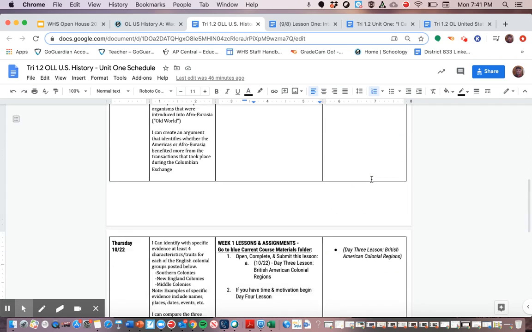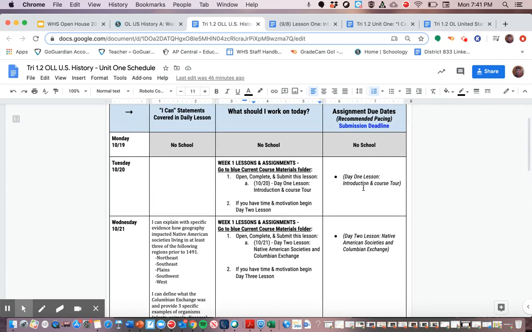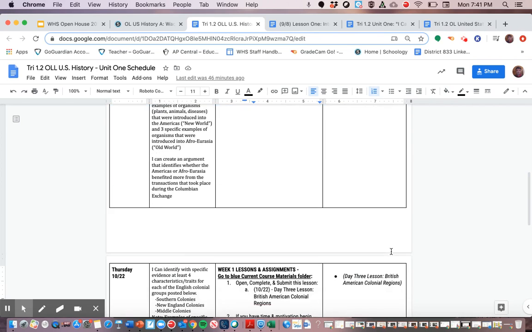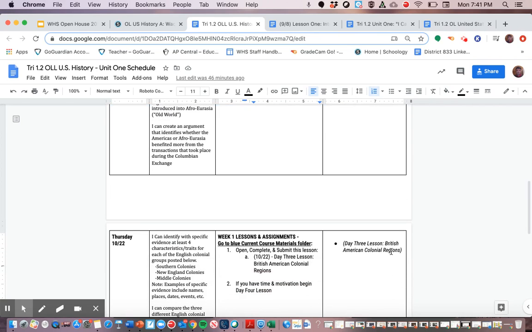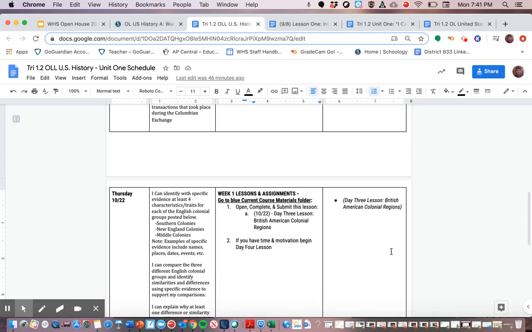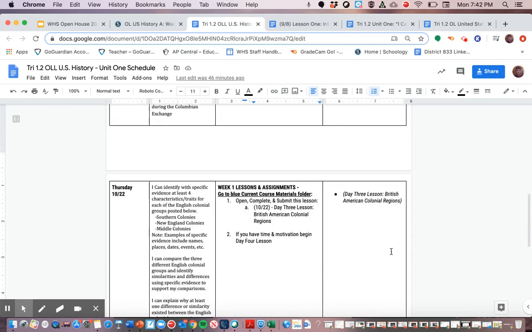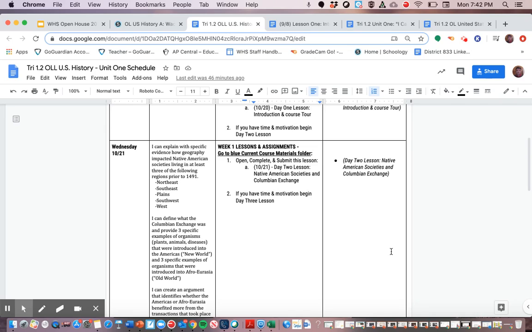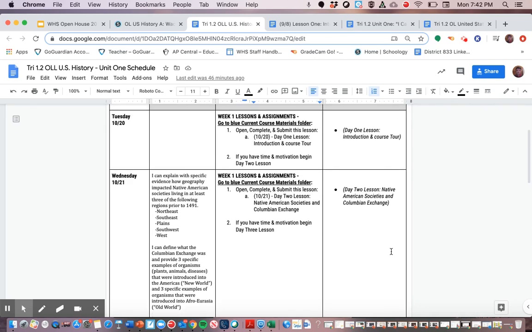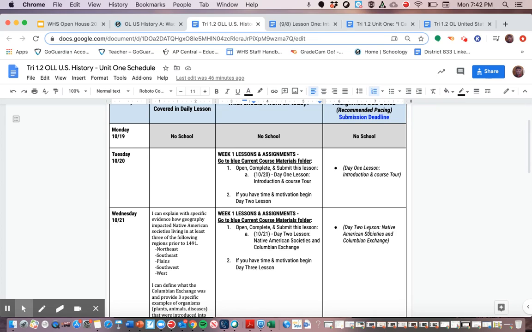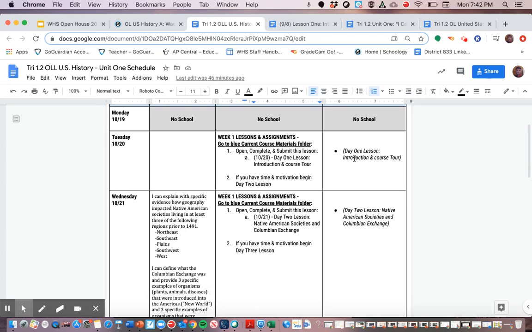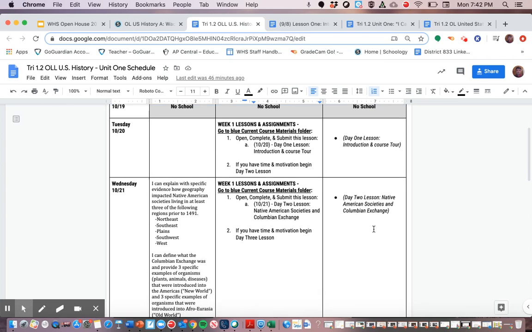You could spread them out, and complete lesson 1 on this day, lesson 2 on this day, and that way the workload is much more manageable and less stressful. So you have a lot of flexibility here. You have to get everything done by Sunday at midnight. You can get it done earlier if you'd like, or if you'd rather, you can follow the recommended pacing schedule that is here. Get this lesson done on this day, this lesson done this day, and make it far more